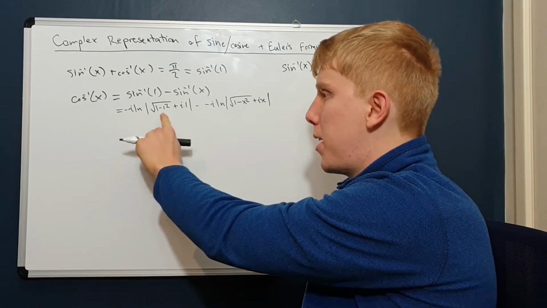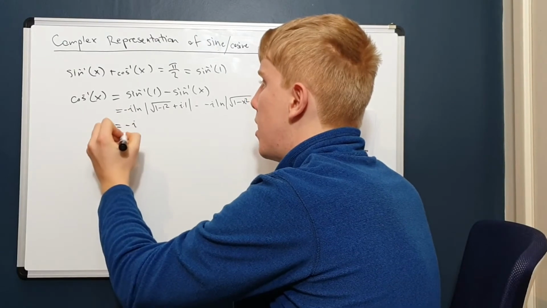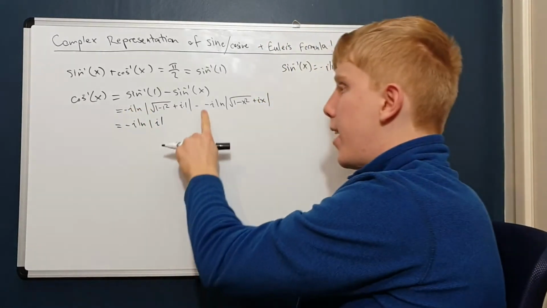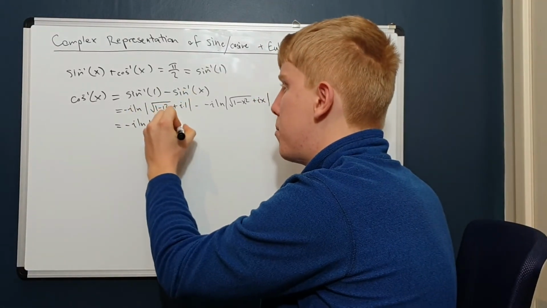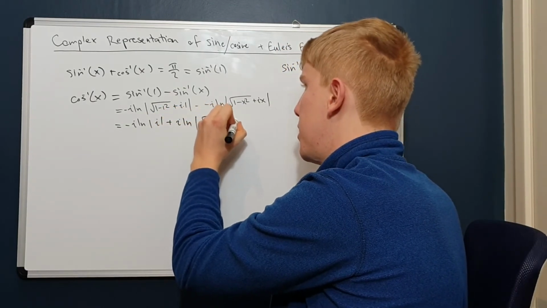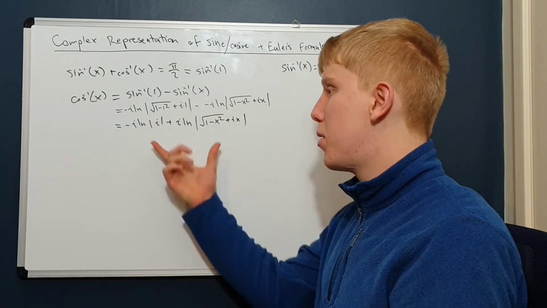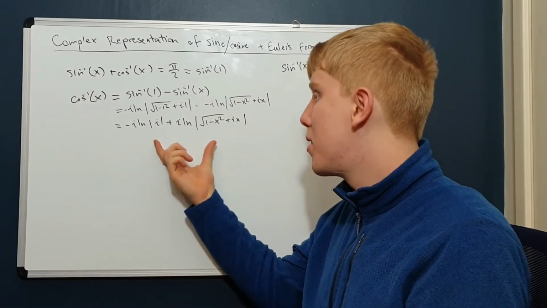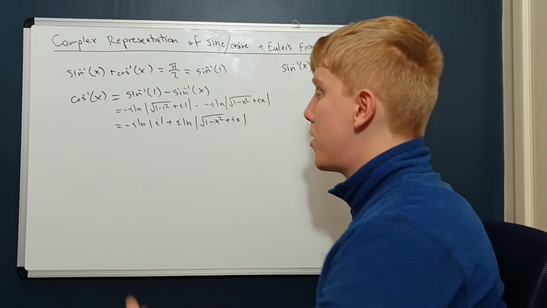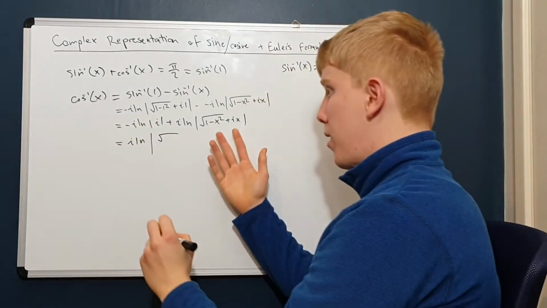First of all, this 1 minus 1 squared in the square root, that is all 0. So we can simply write that as minus i times the natural log of i. And this double negative will now become positive, so plus i times the natural log of the square root of 1 minus x squared plus ix. Now we can apply our logarithm laws. If we have two logarithms being added or subtracted, we can combine them together with their arguments being a product or quotient. So in this case, we will have i times the natural log, and we will have our second term here,